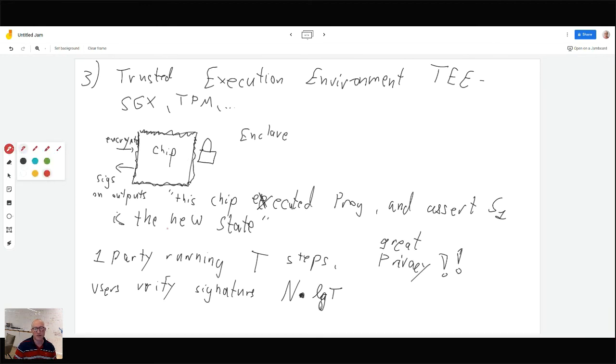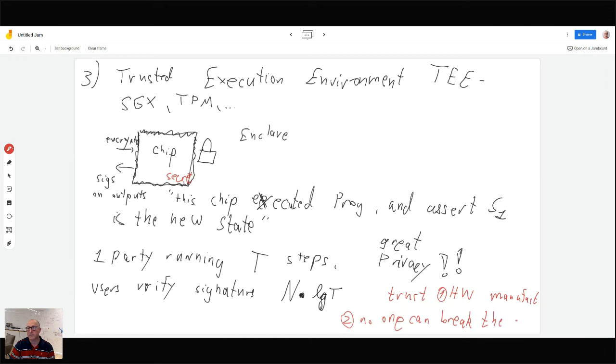But the main issue with it is that we have to trust the hardware manufacturer, because it all relies on the fact that inside here there's some secret key that is used to sign statements. And this secret key must be placed by the hardware manufacturer. So you have to trust the hardware manufacturer to not be compromised and not leak these secret keys. And also you have to trust that no one can break